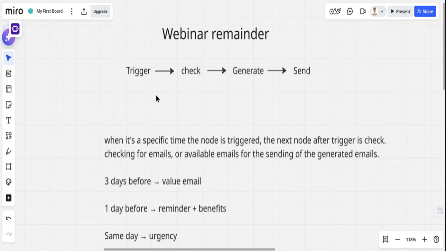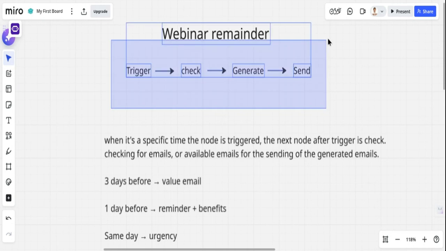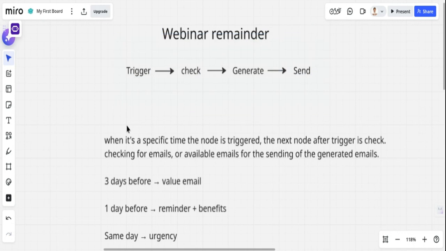This is the bird's eye view, right? Now, after getting through the bird's eye view, it looks simple, very simple. So this is when a specific node is triggered, the next node checks for emails or available emails, then sends